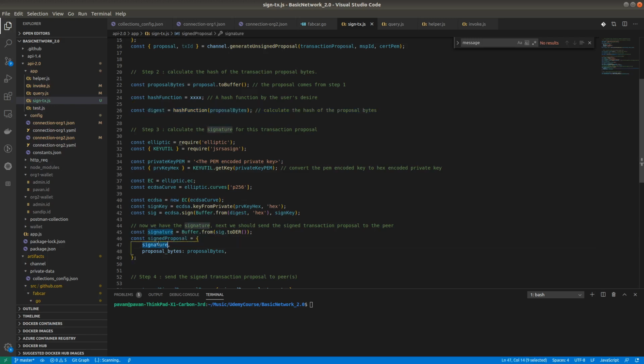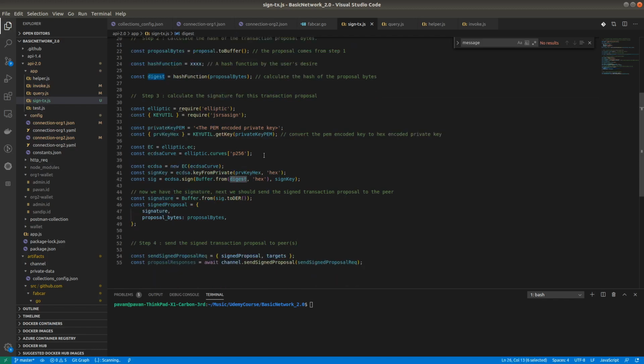After decrypting the signature, we should get the same digest, and if they match, it means the transaction is done by a valid user who has a valid certificate from the certificate authority. Finally the endorsing peer will endorse the transaction and send it back to the client.